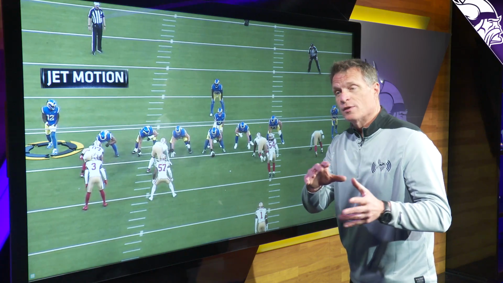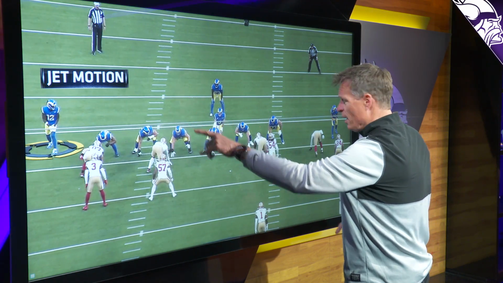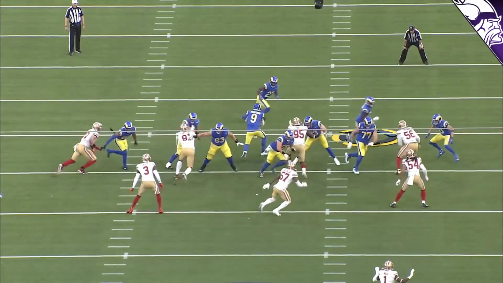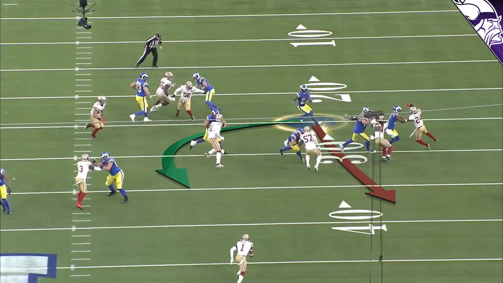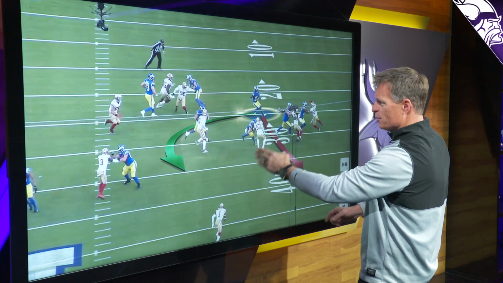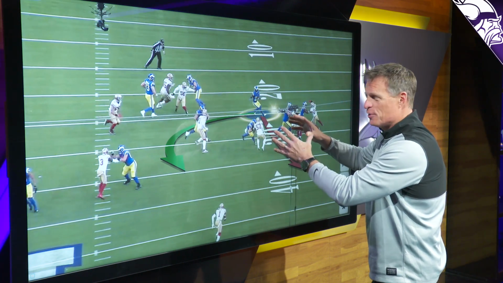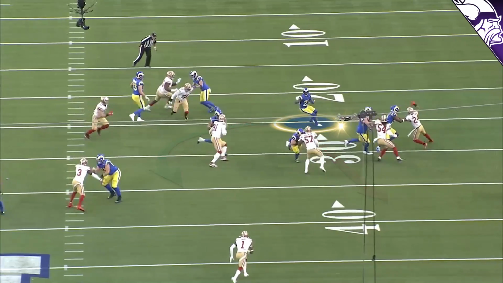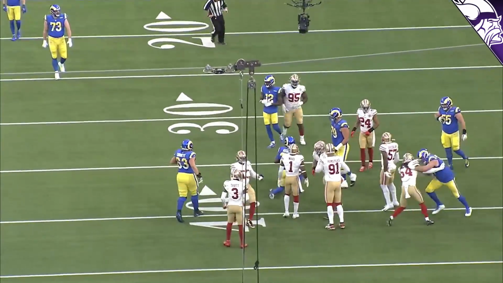All right, now we saw some examples of motion and then running away from motion. Another example, wide receiver, jet motion, moving right before the snap, forcing all these defenders to move, but they're gonna keep this thing front side, and look what they have. They have the number count again. A hat on a hat all the way across the board. You're giving this running back a lot of different lanes. This could be Dalvin Cook in space. I would love to see him with this much of the field, with his vision and his ability to cut back, to just bring that thing back, get north and south, break a tackle, all the way to the end zone.